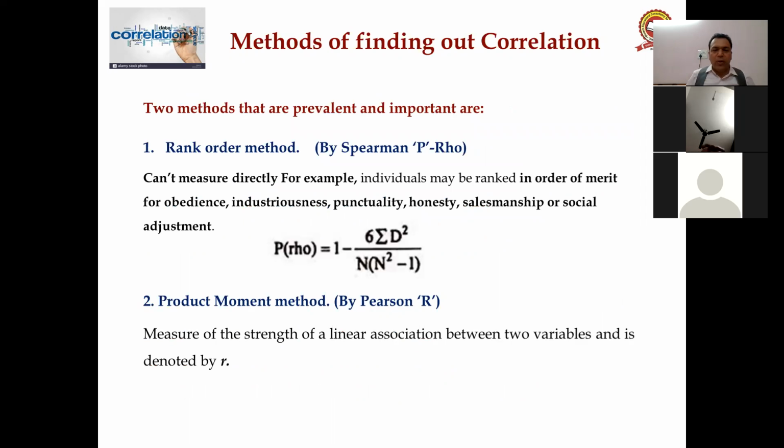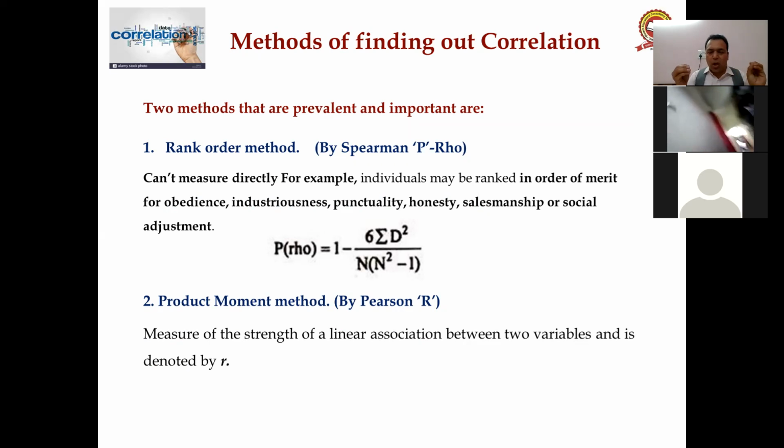So now we discuss the methods of finding out correlation. Okay, what are the methods? The same methods which were given by Spearman and Pearson. The method Spearman gave to find out the correlation is called the rank order method. Now, what is the use of this rank order method? When you want to find out the relationship, the associations of,